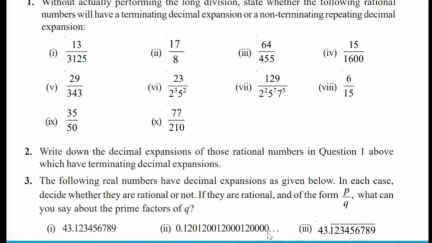Let us take up this one. This is an irrational number. So again, if you take this third part, what is this? This is a repeating decimal number. This is not an irrational number, but a rational number, because it is a non-terminating and repeating decimal number. So I can say that it can be expressed in the form of P upon Q, but Q here will not be of the form of 2 raised to the power of m into 5 raised to the power of n, where m and n are non-negative integers.